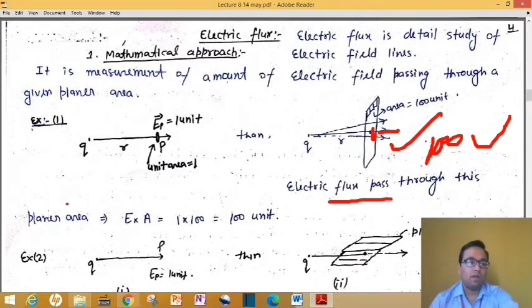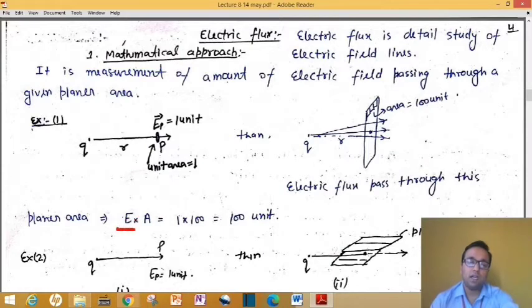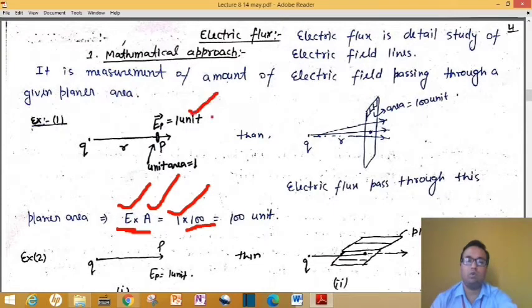So our formula to calculate electric flux will be how much? Electric field E into area. Why are we multiplying? Because this E tells us electric flux, but this electric flux is just from a unit area. If your area is greater, then you have to multiply that E by A. Here the area is 100 units, and from 1 unit area the electric field is 1. Suppose here I have considered EP equal to 1 unit, from the kq upon r square formula we get EP equal to 1 Newton per Coulomb, our answer. So we will multiply that E by 100. Hope you understood this.